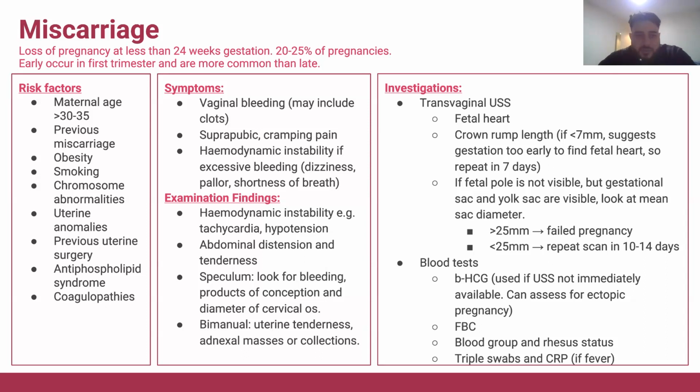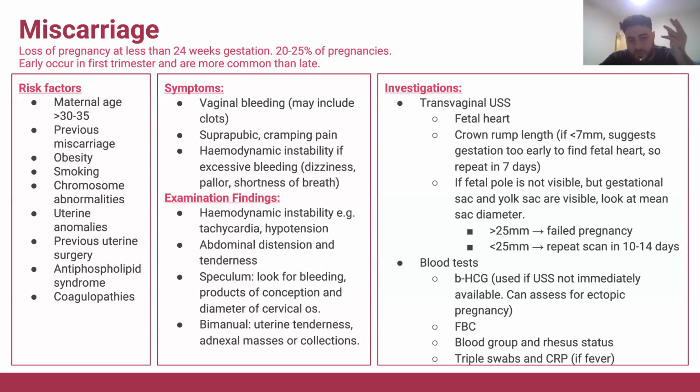And they typically tend to occur more within the first trimester, so basically within about 12 weeks. And they're the more common ones compared to late miscarriages. But the notable risk factors that I think you guys will probably want to remember, one easy one to remember typically is age. So the older the mother is, the more likely they are to miscarry. A previous history of miscarriage is also another one that's important to remember.